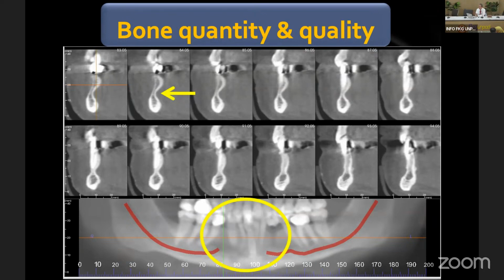Without cone beam, it's hard to see this kind of change. In the old days, when people placed dental implants there, you saw a lot of lingual perforation because of not seeing this kind of concavity inside the mandible.